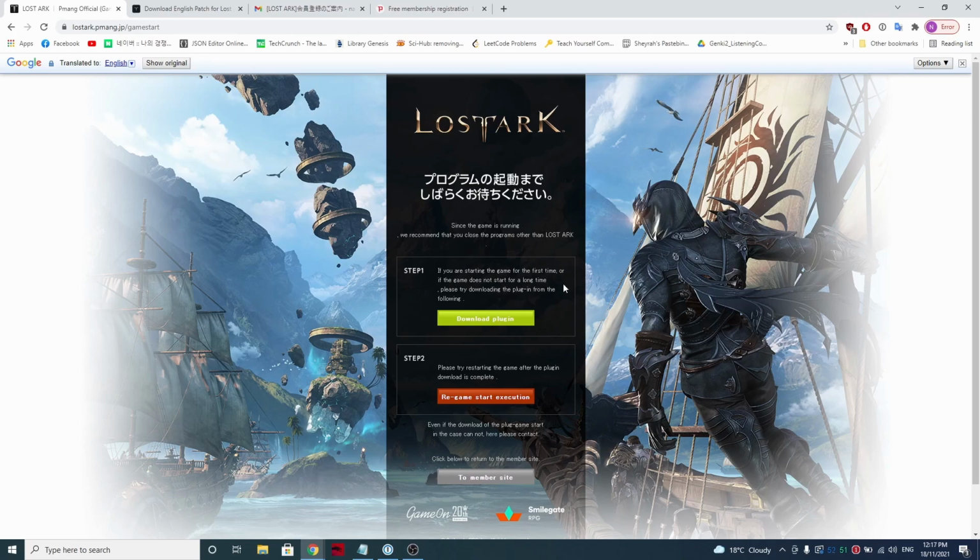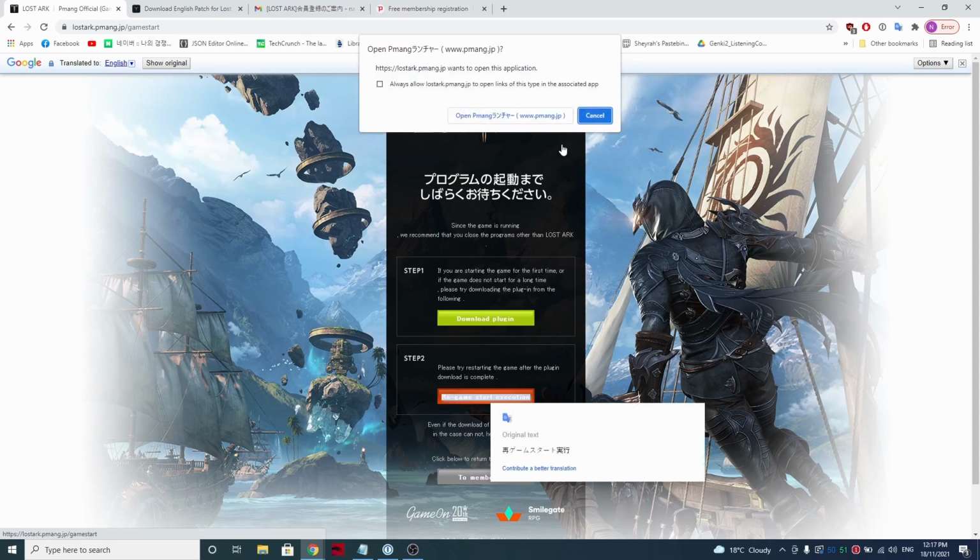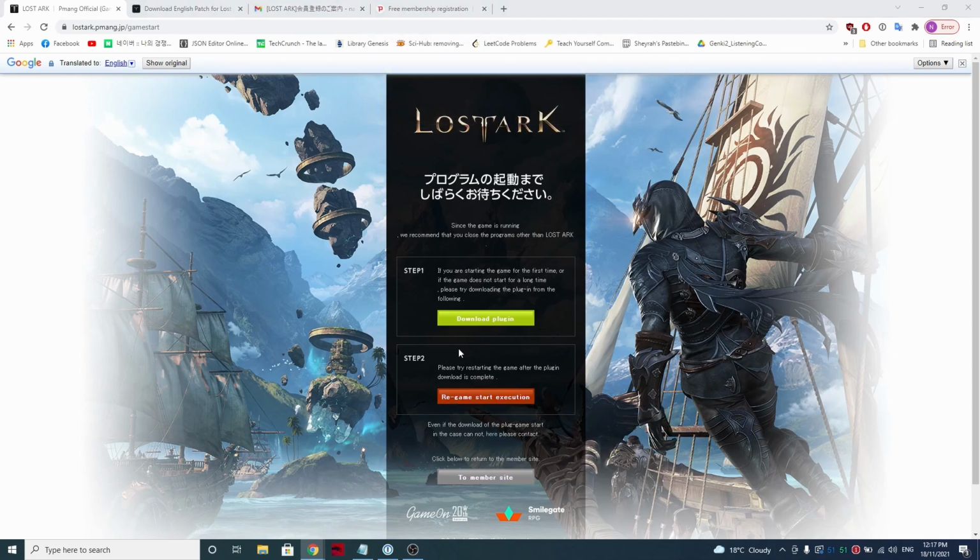Cool. So now we've got that installer done. We'll click on this red button here to open up the game and start patching it. It will ask you to open the launcher, and we'll open that. Just make sure you're connected to the VPN throughout this entire process. And when you open up the launcher,